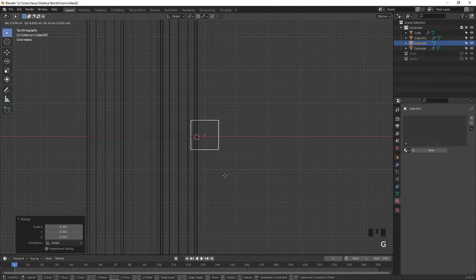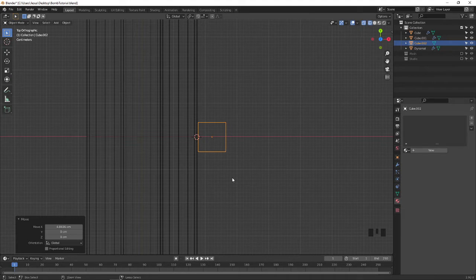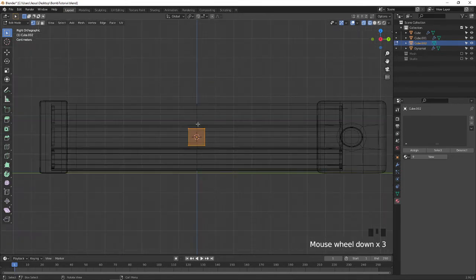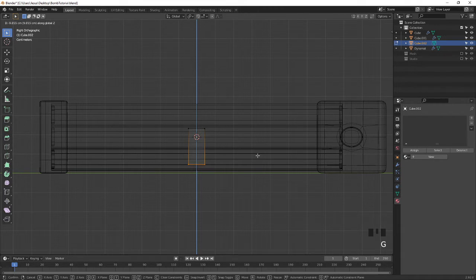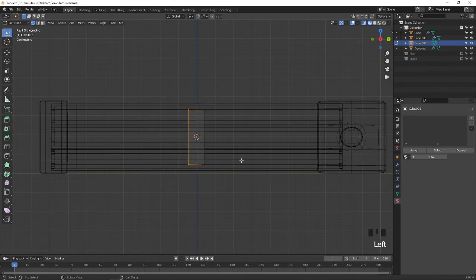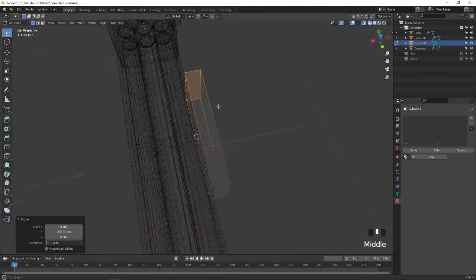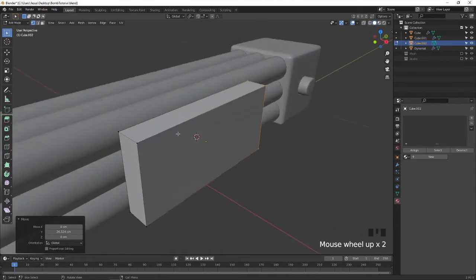So I press G X to move here. Press Ctrl A to apply the scale. Go to edit mode. Press 3 on the keyboard and select this, G Z to move up to this. Select this top, G Z. Move up to this. Select this one, G Y to move up to here. Select this one, G Y, move up to here. So now our basic shape is ready, and